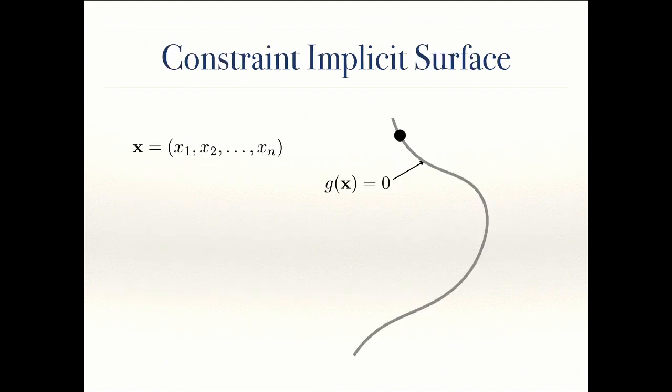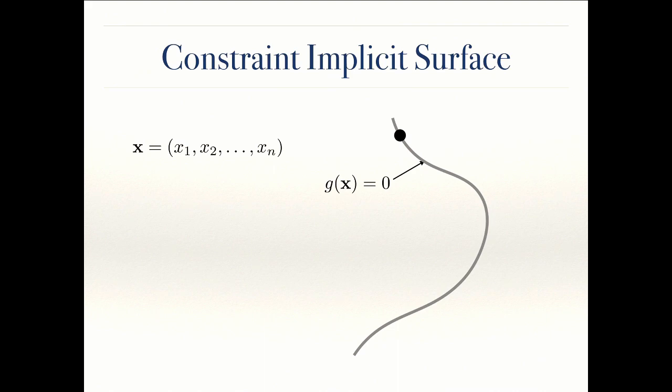So let's take a look at some abstract things about a constraint. We have our particle or configuration of our system represented by x, which has all these components x1 through xn. And our constraint defines some relationship between those components that we want satisfied. So abstractly, we can think of our constraint, g of x equals 0, as what's called an implicit surface. What's meant by implicit surface? It's called implicit because the function that we have to describe it, g, is a function where we plug in a value of x,